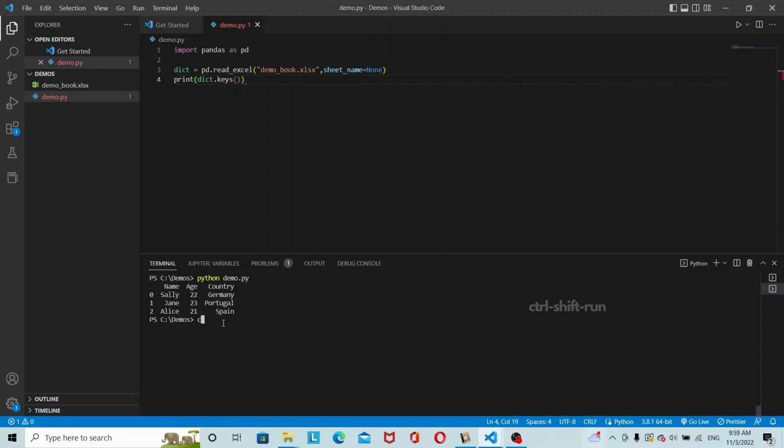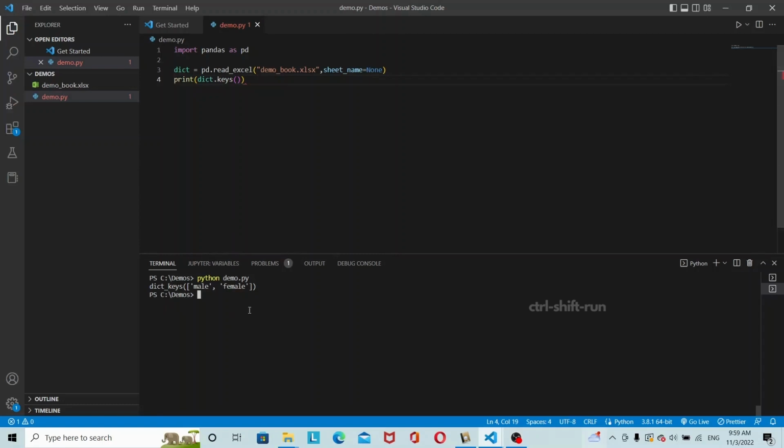Let me clear this and run that: python. Okay, as you can see here, we've read the Excel workbook's worksheets into a dictionary with the keys as male and female,